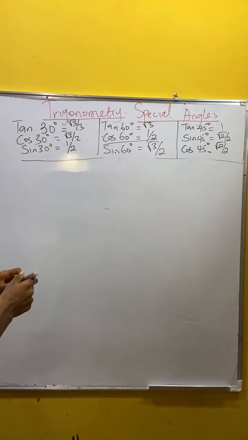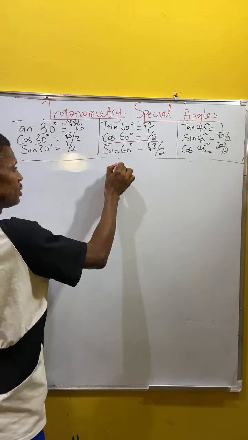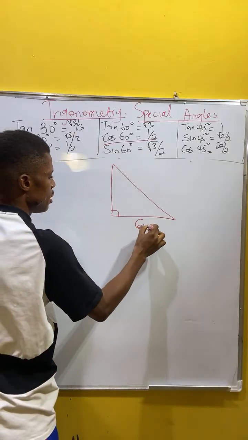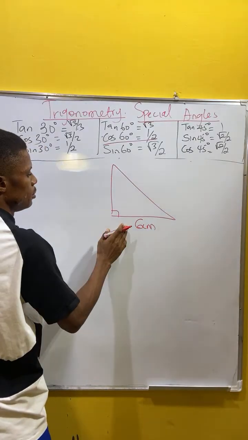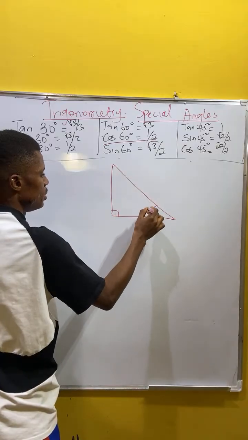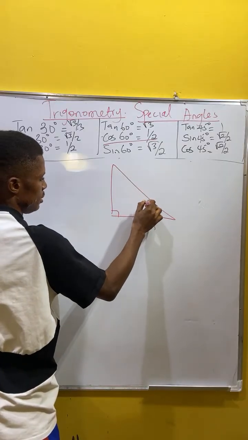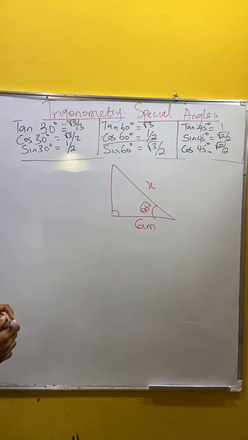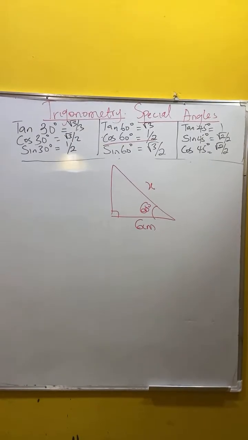Okay, so let's look at another triangle. This is another triangle. We have here 6 cm, we have here 60 degrees, and we have here x. To find this, if you look carefully, we'll be making use of the